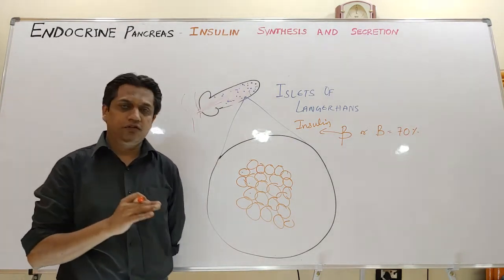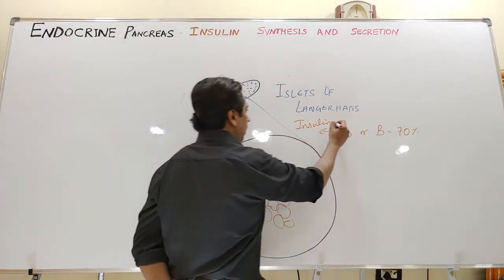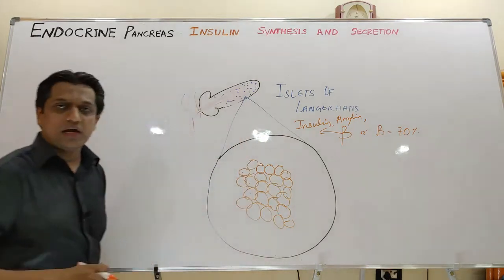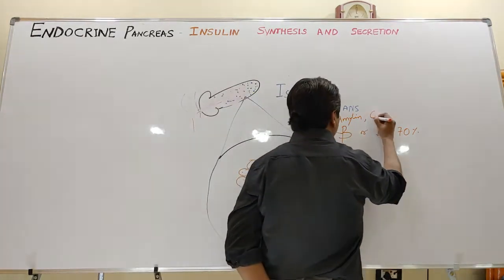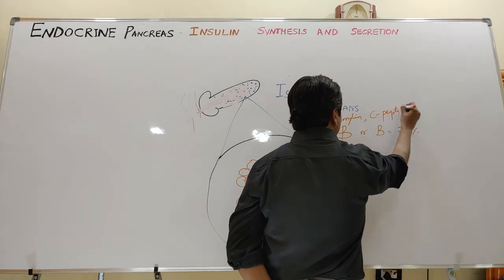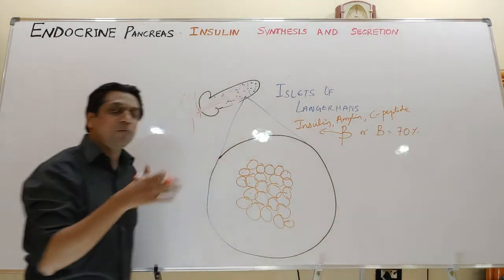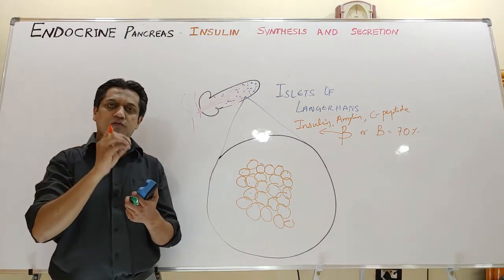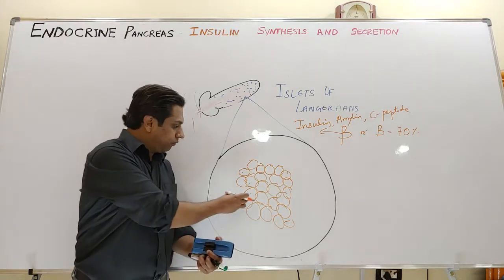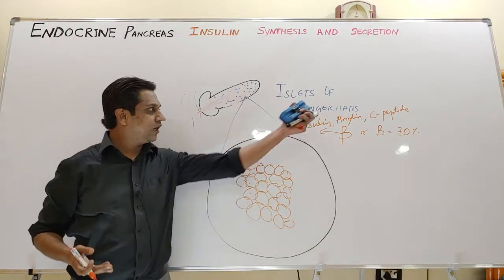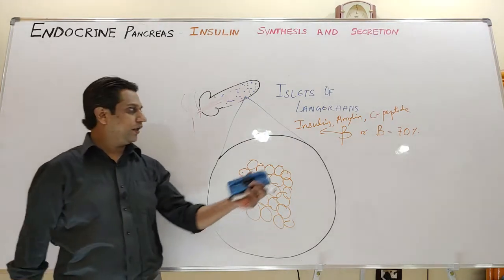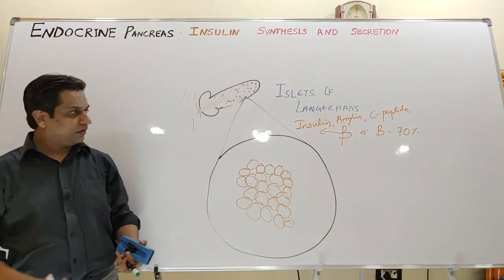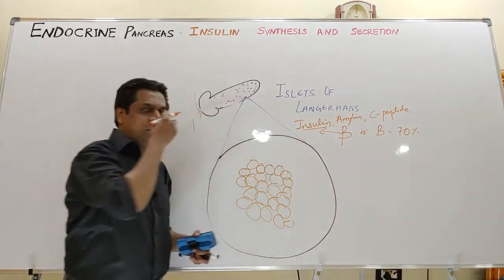Apart from insulin, the beta cells also secrete one more hormone known as amylin. Along with that, they secrete another chemical known as C-peptide. C-peptide and insulin are secreted in equimolar amounts, meaning the same amount of insulin and C-peptide is secreted from the beta cell into the bloodstream. We'll discuss that in detail also. There is also proinsulin, but the most important are insulin, amylin and C-peptide. The major hormone is insulin, from the beta cells.